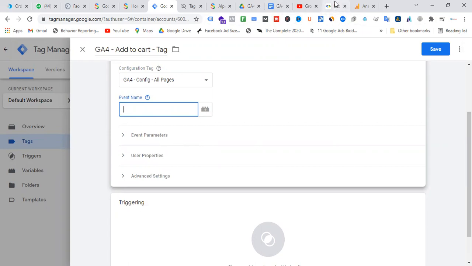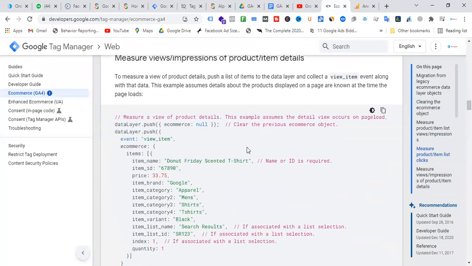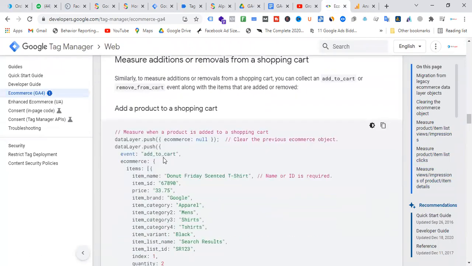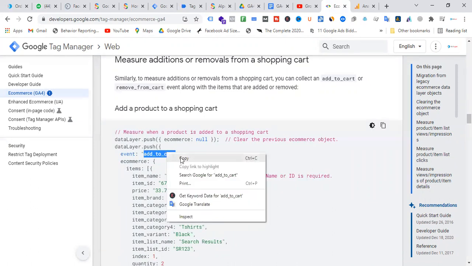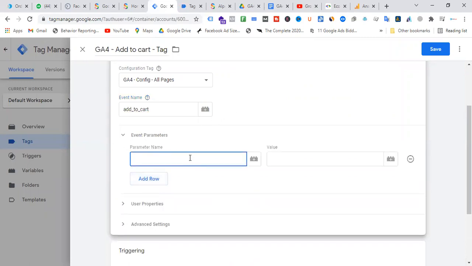How? If you check the add to cart, yeah, this is the add to cart. So the event would be add to cart like that, and the naming will be the same. Okay, and the event parameter would be